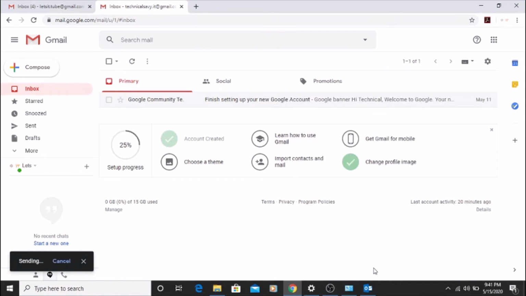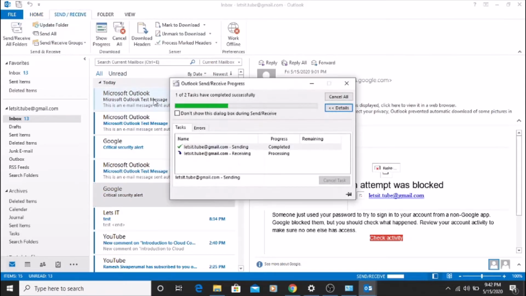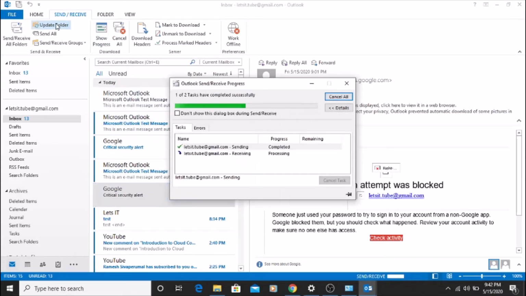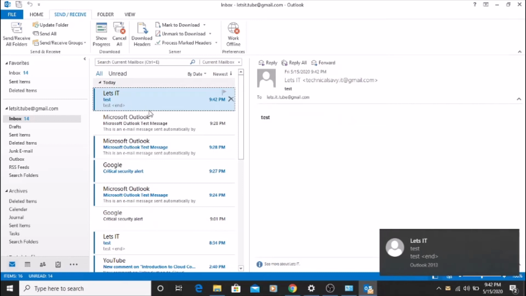Okay, so I should be receiving that email. It should receive the email in some time. So ideally, you see here, I got the test email from Tech Savvy.